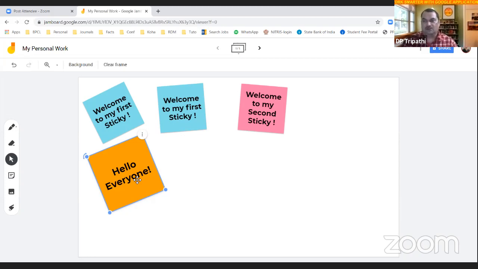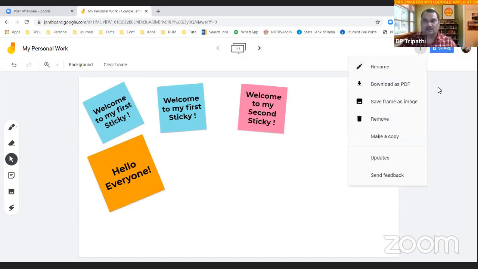It will help me to remind what I discussed, and I can also save these in PDF format and share with my friends. Suppose I click on this, you can see at the top right corner, beside the share button, there are three dots. When I click on this, I can download it as a PDF file, or I can download this frame